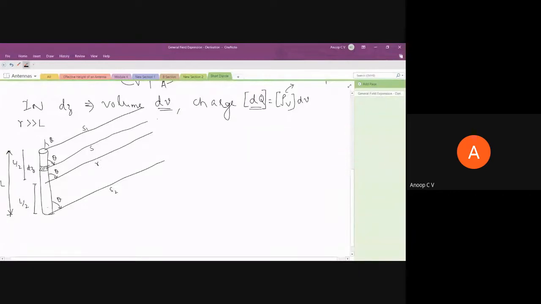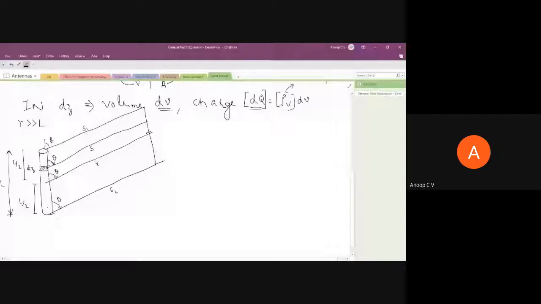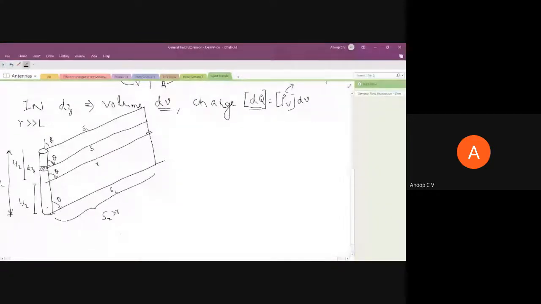So now in this case you can see, if this is a perpendicular, S2 is longest. The length of S2 is longest, or radiation from the bottommost point of the dipole has to travel a distance S2 which is longer. So S2 is greater than R. Whereas S1, you can see it will be smaller than R. S1 will be smaller than R. Why? Because S1 has to travel only less distance.